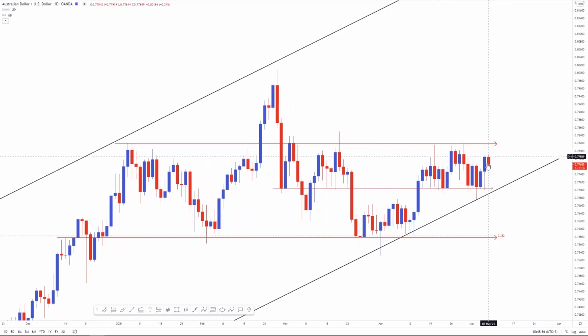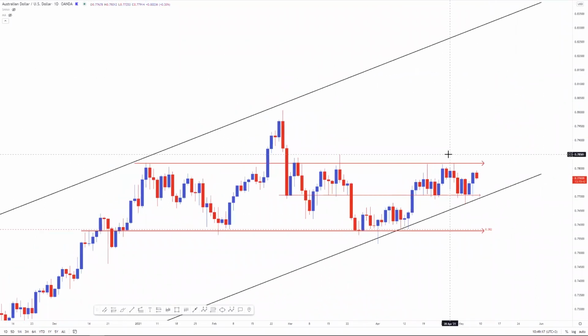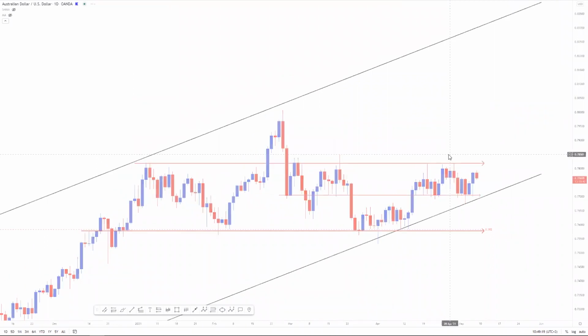So looking for a break above it, I'd rather bet on the direction of the trend instead of waiting for a move to the downside. If you get that break and close above, then I'll be heavily scaling into my position, targeting higher sides, because my ultimate target is around the 0.82 level, 0.83 to the upside, before any significant correction. So going back to that 8-hour chart,